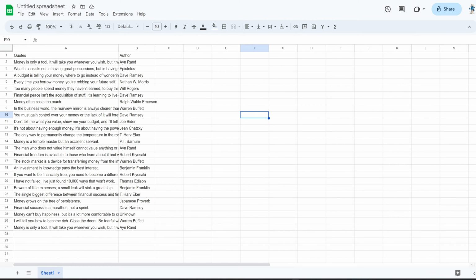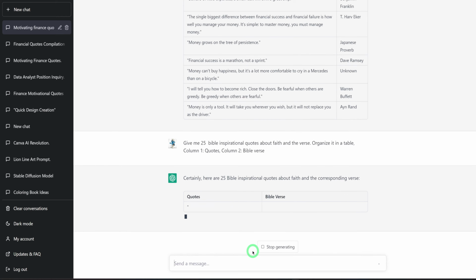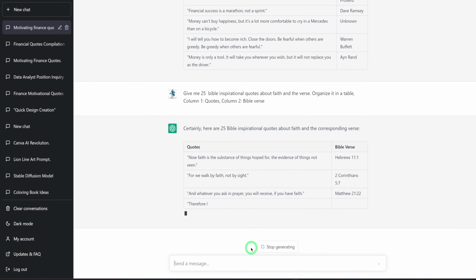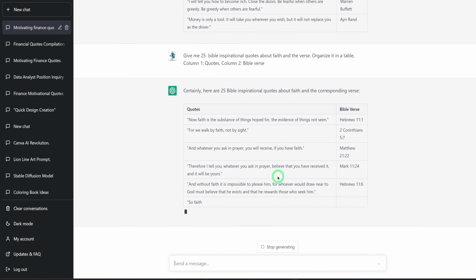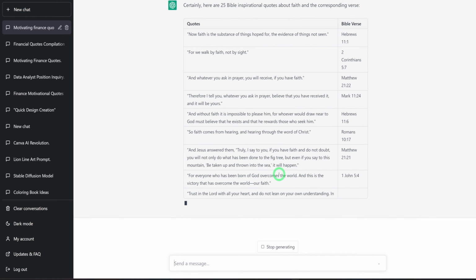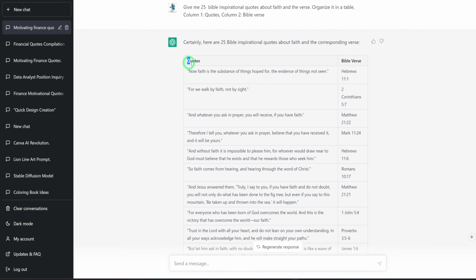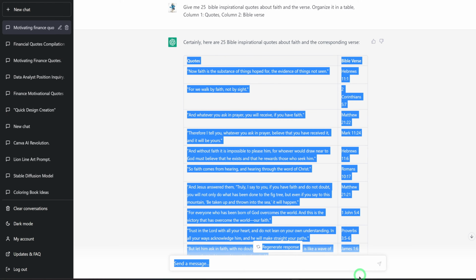So now the second one we want to create would be that for the faith-based inspirational quote. So I'll just put in the prompt again and enter, and watch it do the same thing. Once it's done, there's a quote and the Bible verse. Once it's done, we'll still copy it as well into the spreadsheet. Okay, so let's copy this. So we'll copy this,